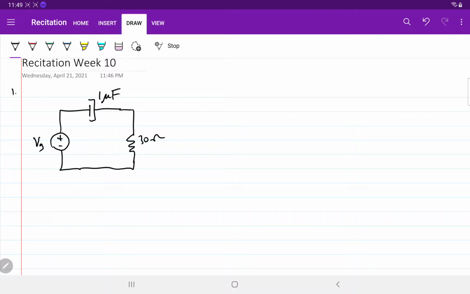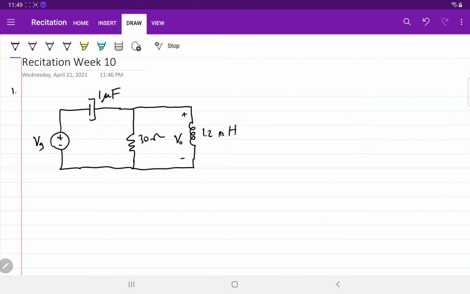The capacitor is 1 microfarad, and one inductor is 1.2 millihenry. Let us define the voltage across this inductor as V0. Okay, and what is known is that Vg, or the voltage source, is sinusoidal